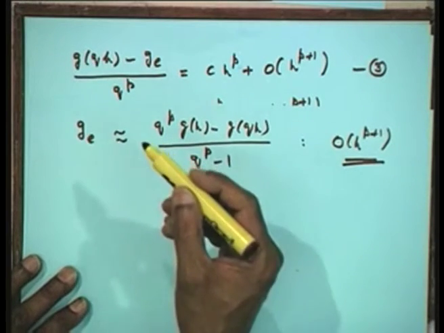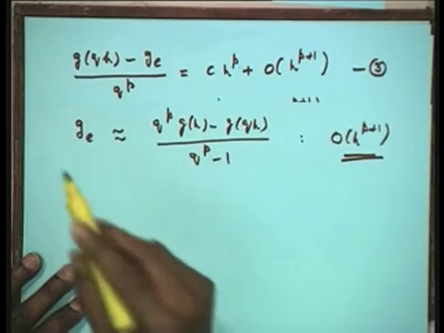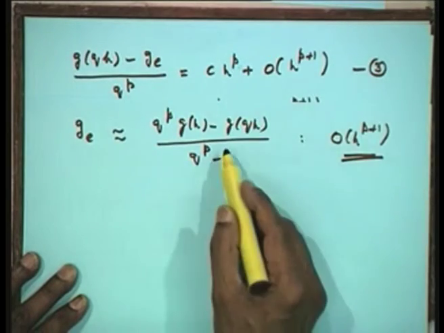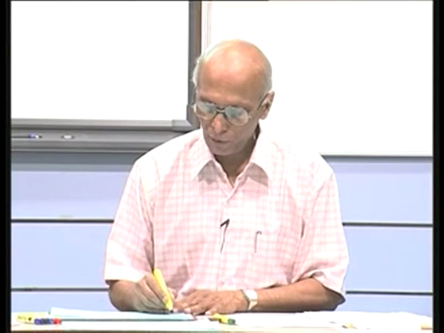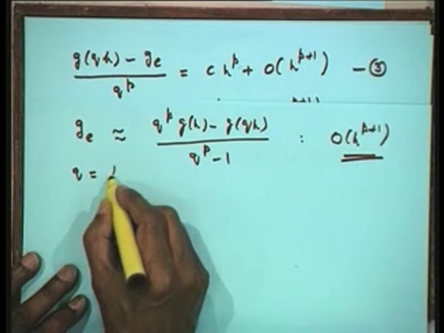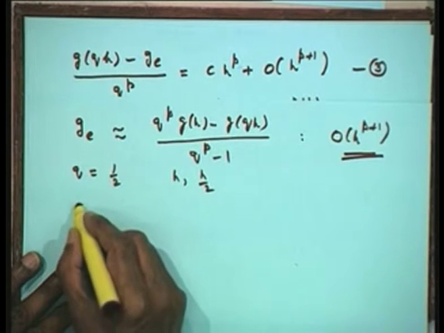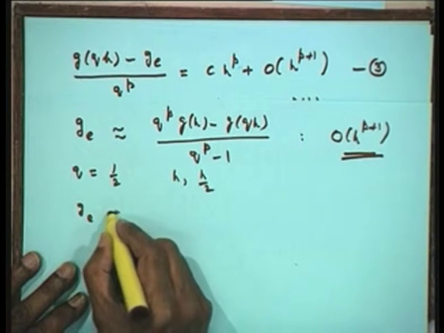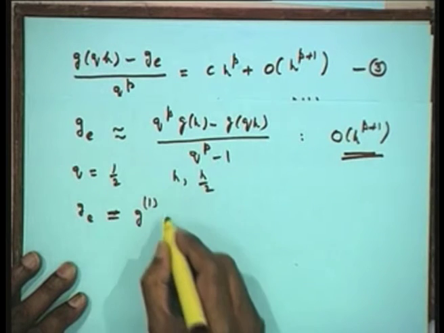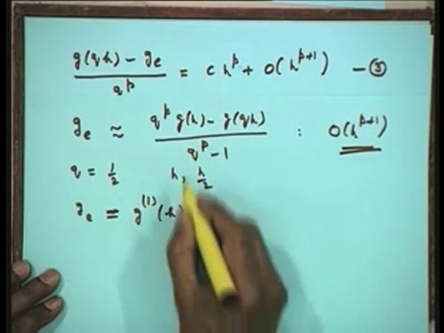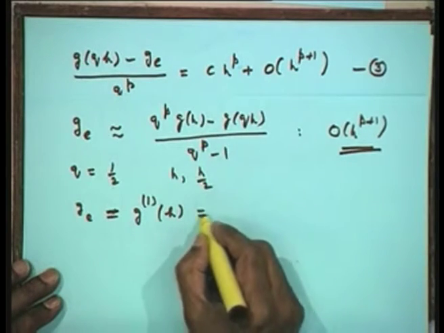Now, if you go back to the formula that we have, if you have used a 3-point formula, and if I want a higher order, I need to add one more point or two more points to get the higher order formula. That means, it is as if you are using more number of points and getting better results. For example, if you have decreased by a factor of 2, that means q is equal to half, that means we are using step length as h and h by 2, then this will read as G of e, and let us equate it as G 1 of h. So, we would call this approximation as superscript 1, and the initial ones we will take as G 0, and this is equal to